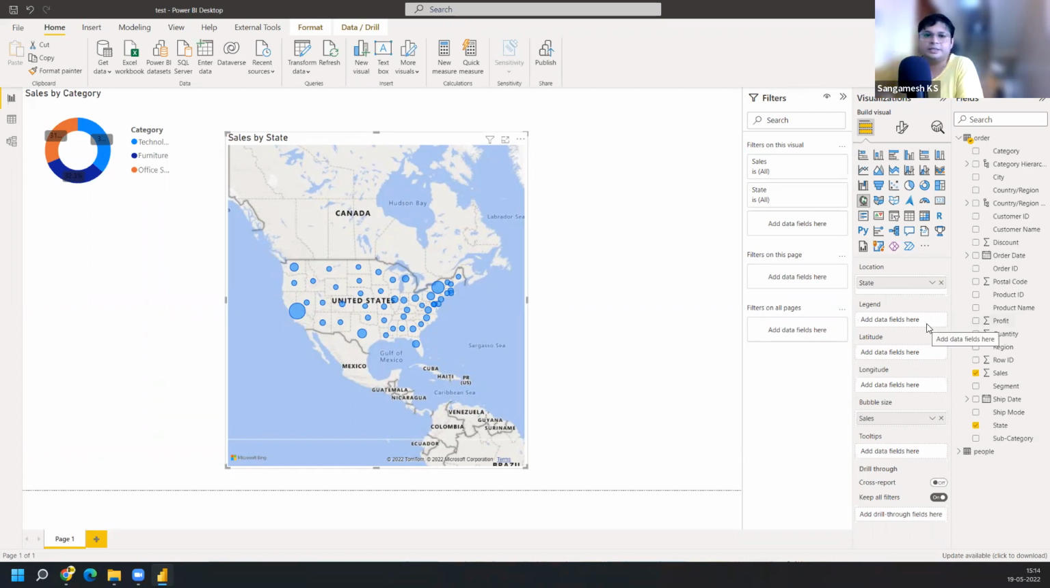Like in relationship data, you have a column called latitude and a column called longitude. Only those things can be used here. Hope you are clear on this particular part. And there are also some problems as well, because all of the information